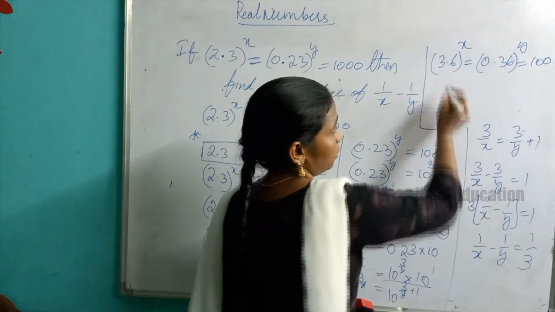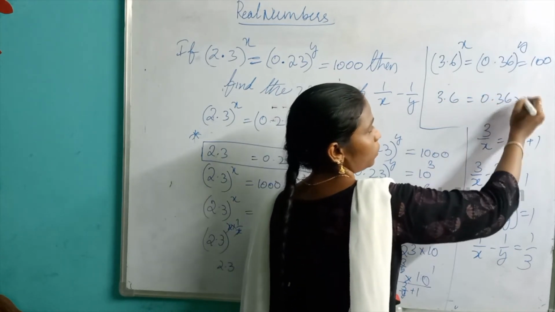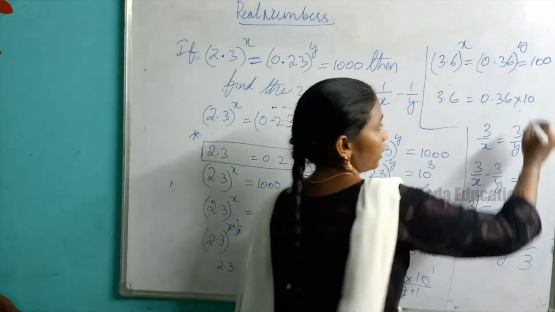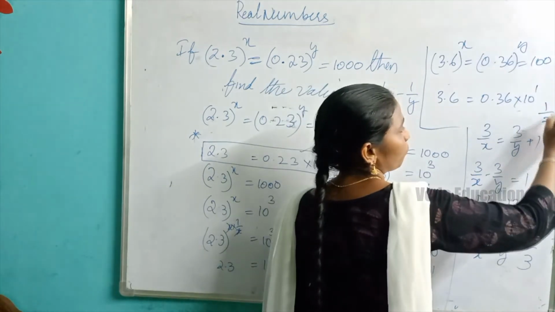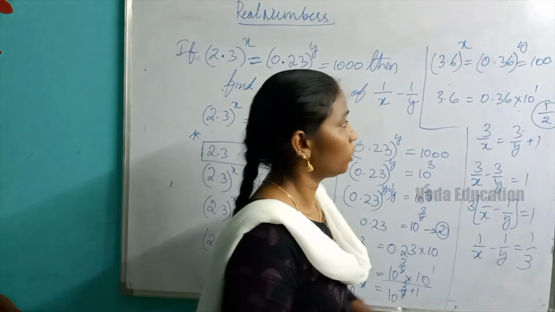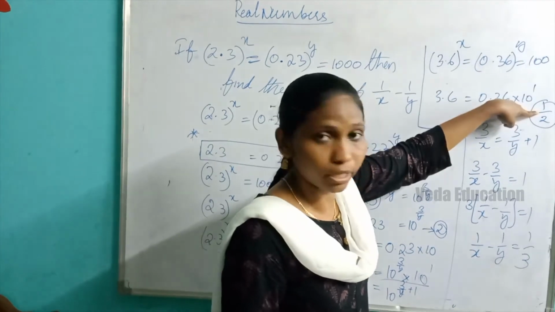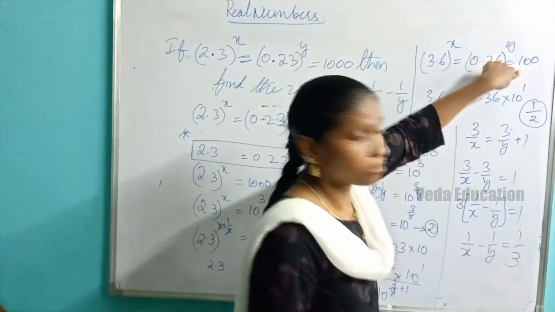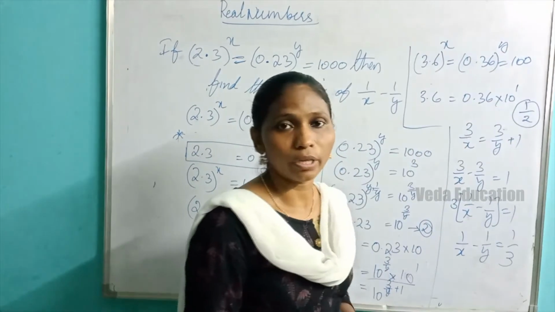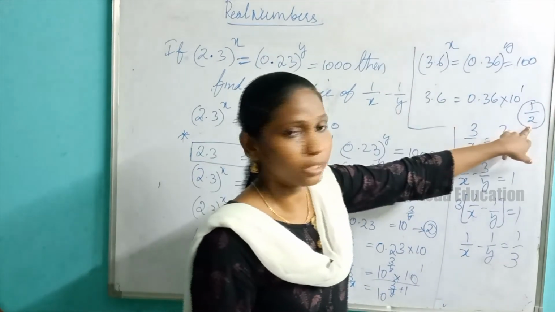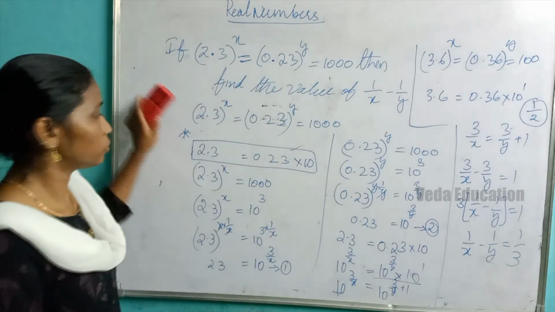Okay, so here first write the relation: 3.6 equal to 0.36 into 10. Okay, so here which number do we have? 1. So the value of this is 1 by 2. How? Here how much are we multiplying? What is the power of this 10? 1. You will write it in your numerator, and what is given to us is 100. If you write in exponential form, you will get 2. So 1 by 2 is the answer. Got it? I am explaining from the objective point of view. Got it everyone? This is the process. And some more problems related to this, 2 or 3, I will also explain.